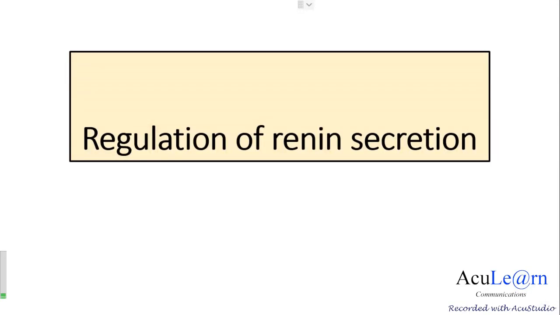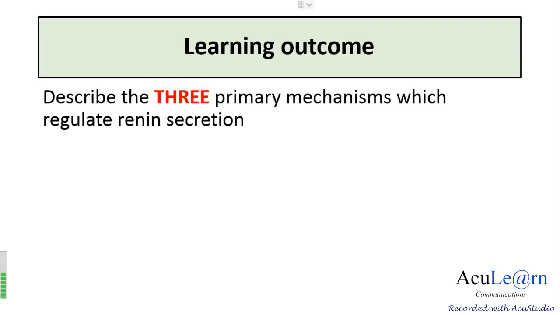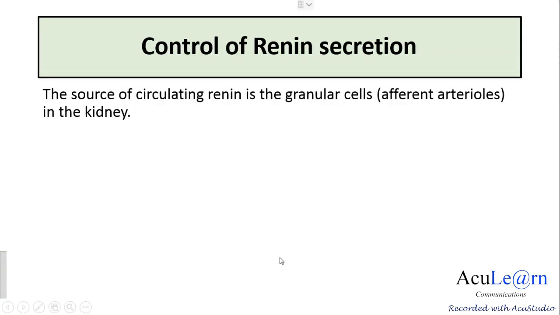This video will talk about the regulation of renin secretion. The learning outcome of this video is you should be able to describe the three primary mechanisms which regulate the renin secretion. Now, the source of circulating renin is the granular cells, which is the part of the afferent arterioles